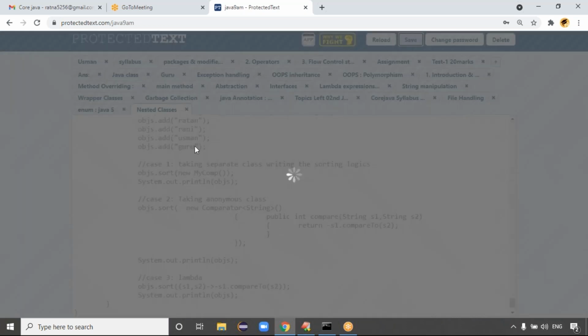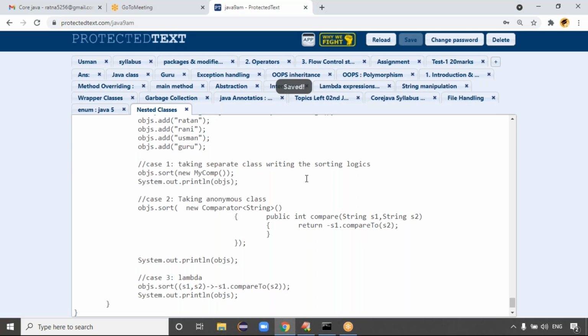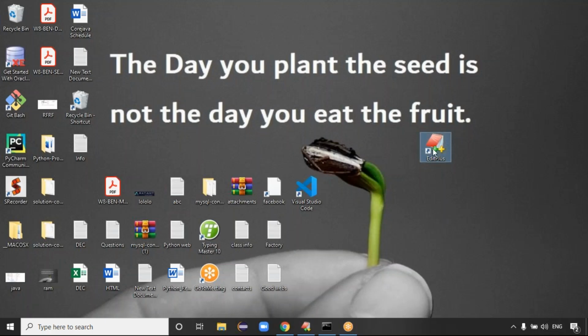At last, this is your collection example. Ratan, Rani, Usman, Guru. Okay. Taking a separate class and writing the sorting logic, that is what you wrote. Exactly. Good guys, good. Monday we will start the multi-threading concept. So this week the topic...